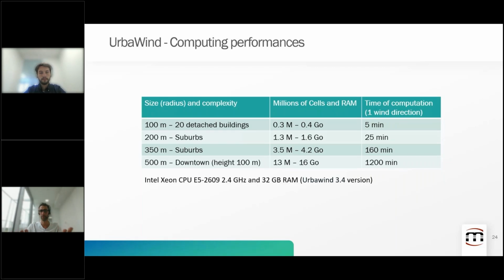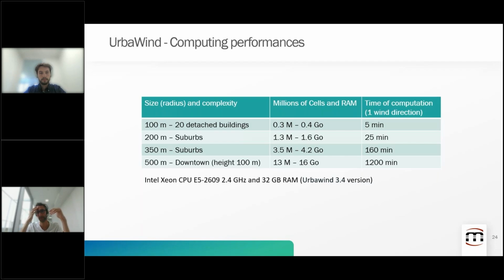When you are dealing with a suburban area with a lot of buildings, it can be up to 30 minutes. With an even larger suburban area, it can be a few hours. And when you want to run a complex case with topography, vegetation, skyscrapers, it can be around a